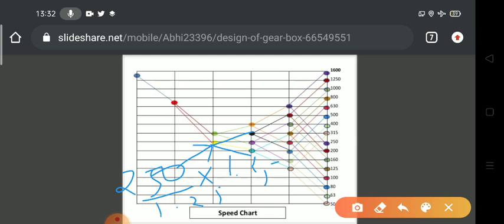So 250 is connected with 200 and 250 is connected with 315. The ratio between 250 and 315 is 1.25, and the ratio of 250 and 200